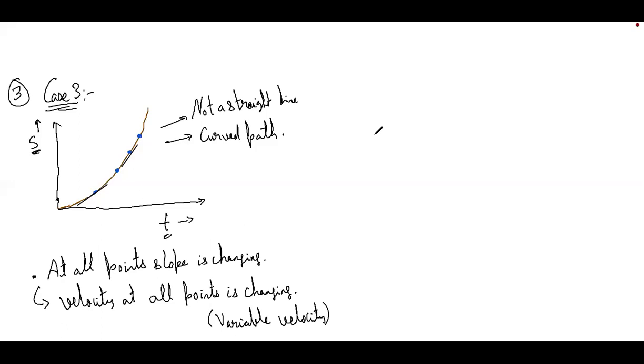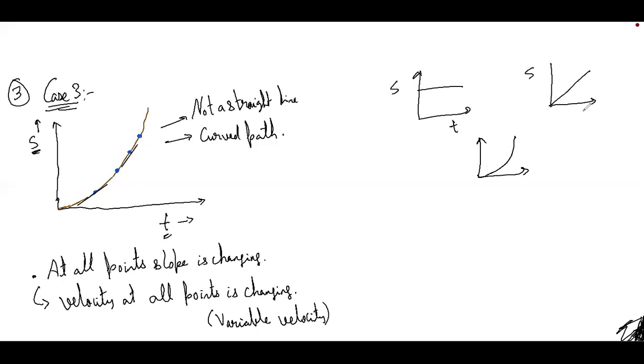Based on what I've taught today, there are some conclusions which can be drawn. When is the displacement time curve a straight line? When is it a line inclined to the x-axis? These things we studied today. If the curve is like this, like this, like this, just by seeing the curve we can tell how the motion is occurring, what kind of motion is there, and we can tell velocity and all. So these are some things we studied.